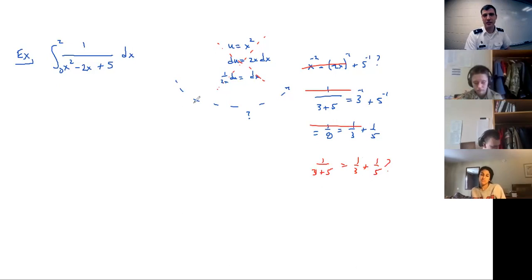Right, yeah, so I can't split this up into 1 over x squared minus 1 over 2x plus 1 over 5, right? And the problem that we're having is that I just did an example where I had this fraction and I got the natural log, and it turns out natural log is not going to appear here at all. We're trying to head down the wrong path, trying to force things into it. You need long division. I don't need to do long division, but you're getting warmer in that the answer is a